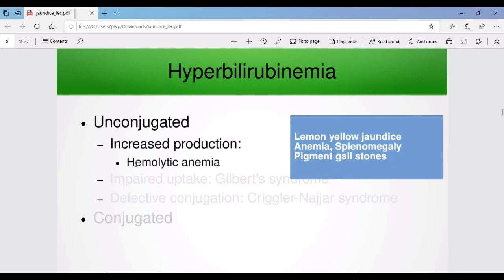we have hemolytic anemia. We have excessive destruction of heme, giving rise to increased production of unconjugated bilirubin. Usually, in hemolytic anemias, the patient presents with a very faint yellow color. We call it the lemon yellow jaundice. He also presents with features of anemia. After all, he is a patient with hemolytic anemia, so he has features of anemia: pallor, fatigability,